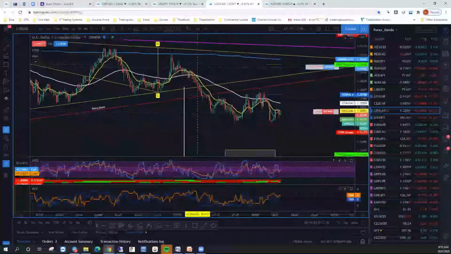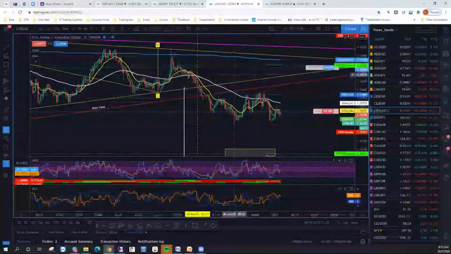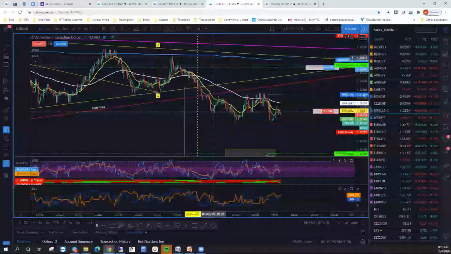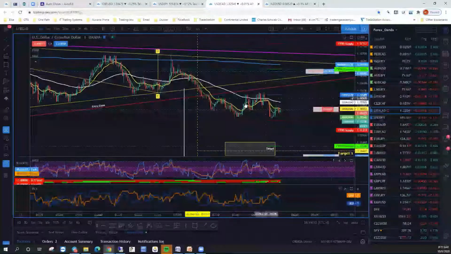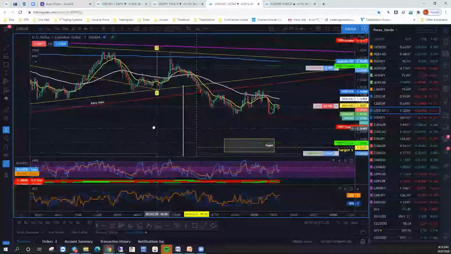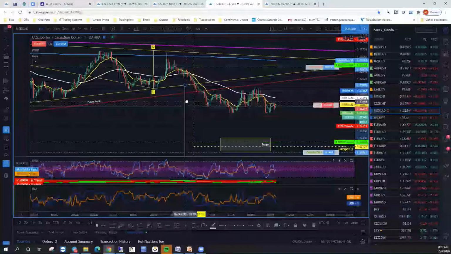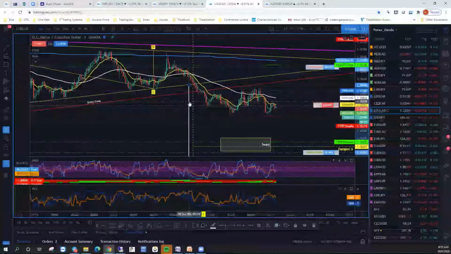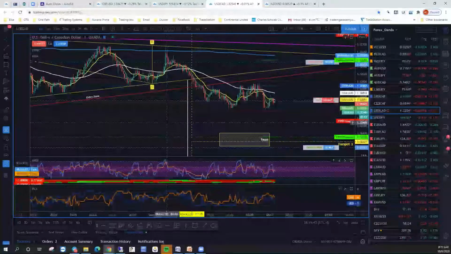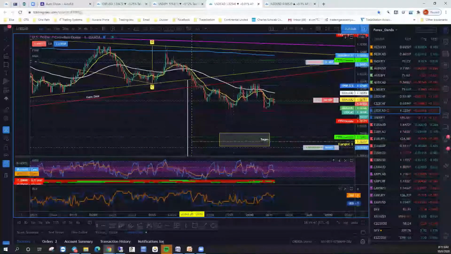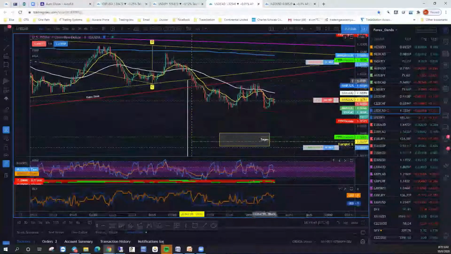And this is where technical analysis comes in. Just because you get an alert doesn't mean you really know which way it's going to go. And if you're going to be a trader, you need to learn the technical analysis, and you're going to have to rely on some other tools to help qualify certain trades. I mean, sometimes it could be just a moving average or an RSI, but oftentimes, the more